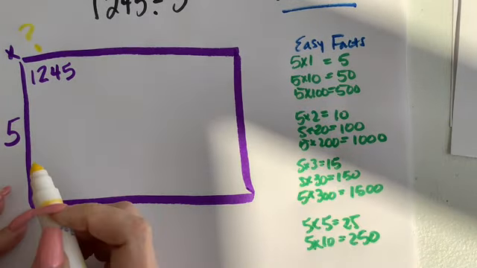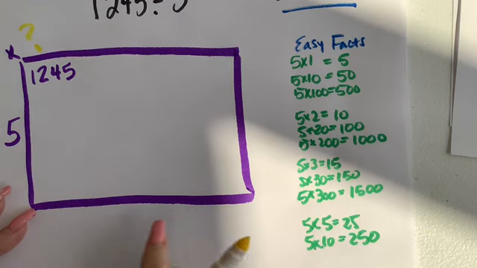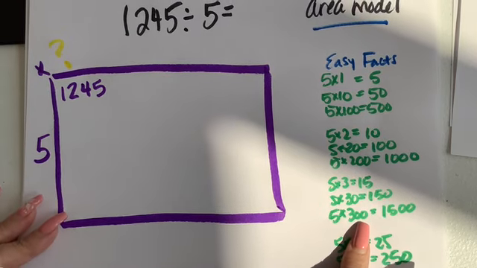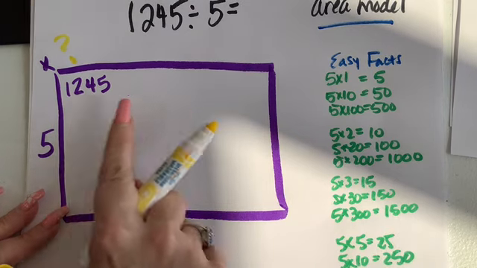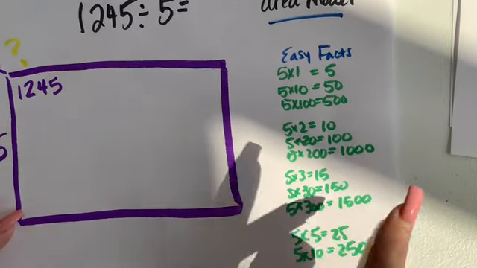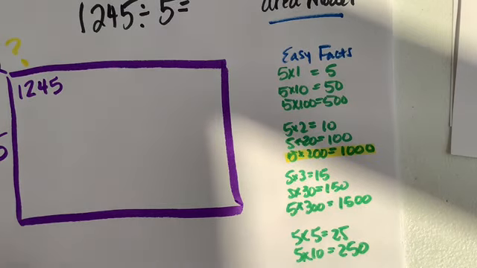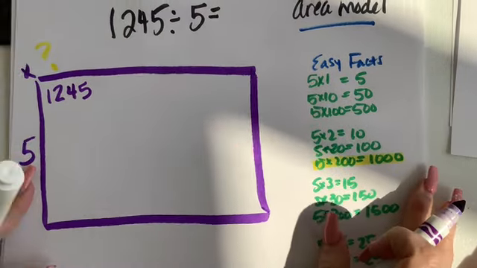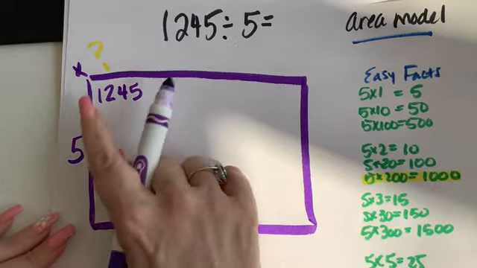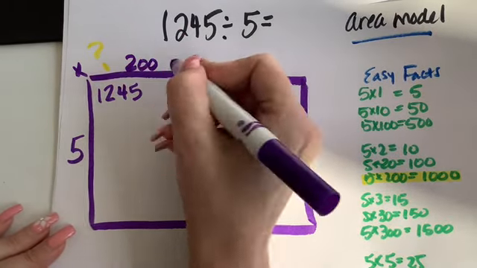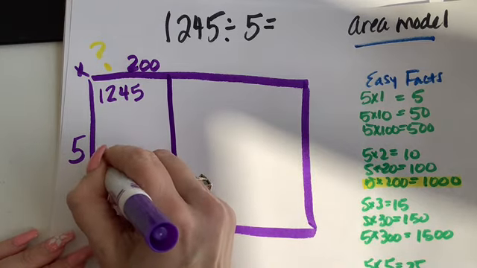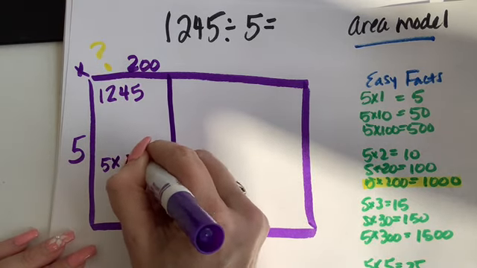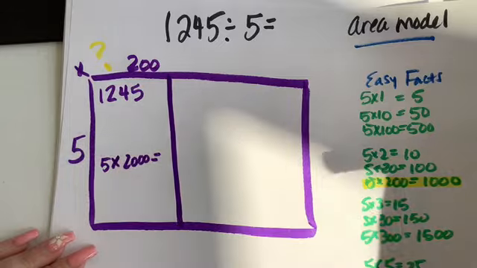So what do we see over here that we could use? Oh, well, I see this 1,500, but it's larger than 1,245, so I can't use that. But I could use this 5 times 200. So 5 times 200 will be the first part of my area model. So 5 times 200 equals